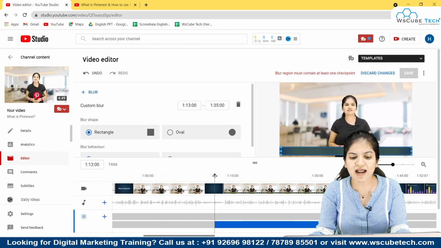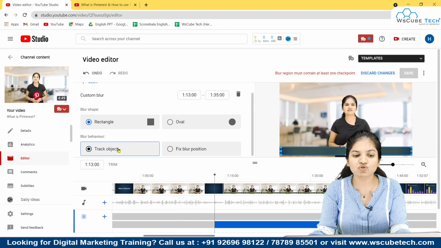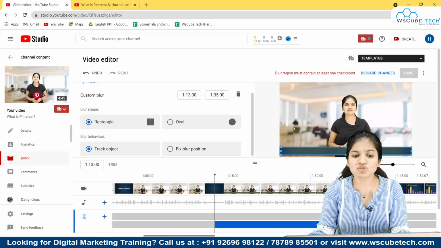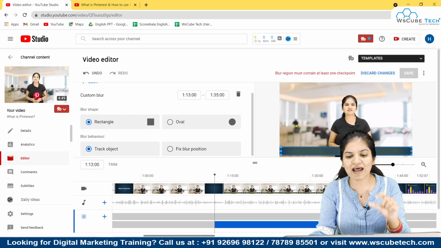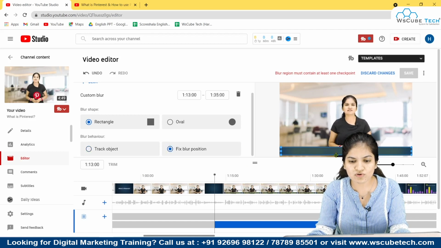Okay, so after doing that, you have to select that particular thing that you want to blur out. Now this is the strip that says 450 million plus active monthly users. I want to blur this particular strip, right? So I'm just going to adjust this blur according to this strip. Now there are two options: either you can track the object or you can fix the blur position, right? So if that object moves, it will track it and blur it, but I'm going to choose this fixed blur position. So whatever I have chosen, this blur would be on that particular object, right? So I have selected it. You can just take the preview out, right?